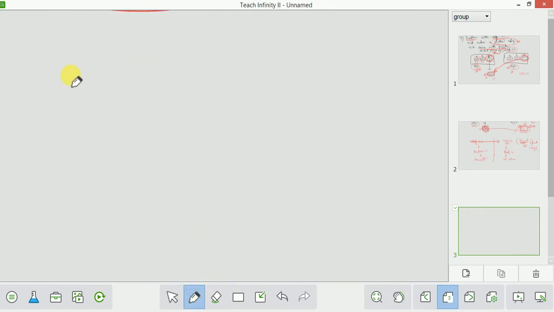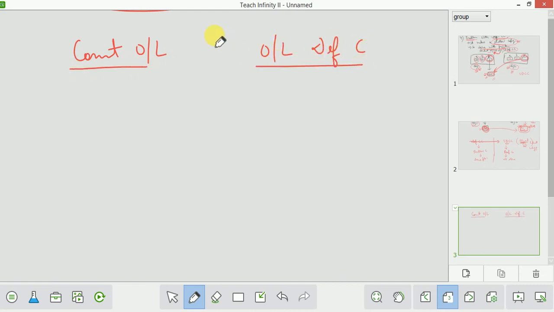There must be some confusion between constructor overloading and overloading of the default copy constructor, right? What is the difference between these two? Constructor overloading we have seen in the last video. In constructor overloading we are simply creating two constructors: one is a parameterized constructor and one is a non-parameterized constructor or blank constructor.